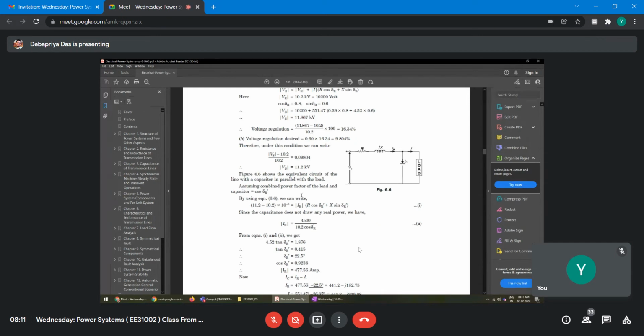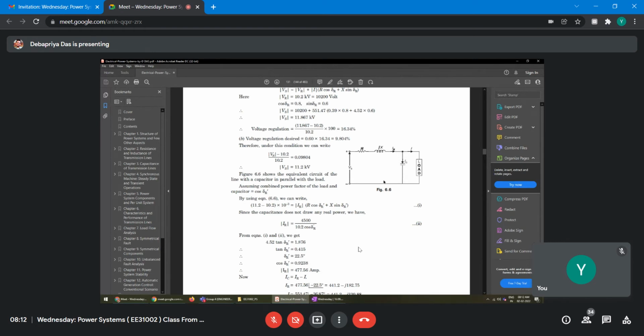Therefore, once again, if you use equation 6.6, the sending end voltage is equal to the magnitude of the current. This is IR. IR is equal to, according to this diagram, I plus IC, where I is the current going to the load. So in the second case the delta will change because you have put the capacitor here: R cos delta R dash plus X sin delta R dash. Since the capacitor does not draw any real power, hence the real current